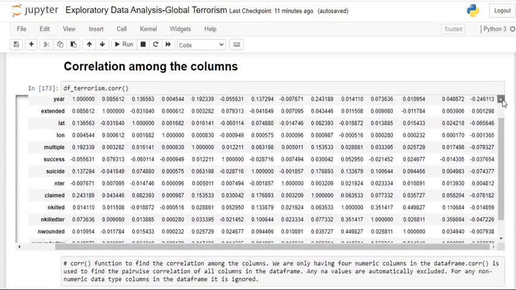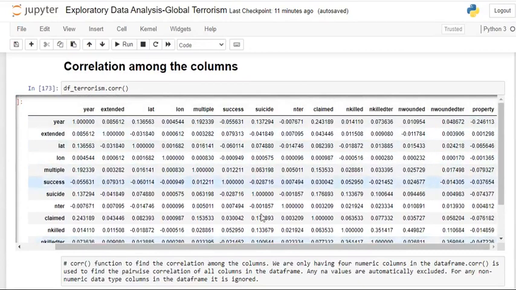Let us see here, there are 23 columns in the data set, and here the correlation between year and year is 1 because we are comparing the same variable with the same variable. Extended versus extended, so the correlation is 1. If you see diagonally, likewise the correlation is 1 because we are comparing the same variables in the columns. If you compare different variables, like let us see here, take the year,